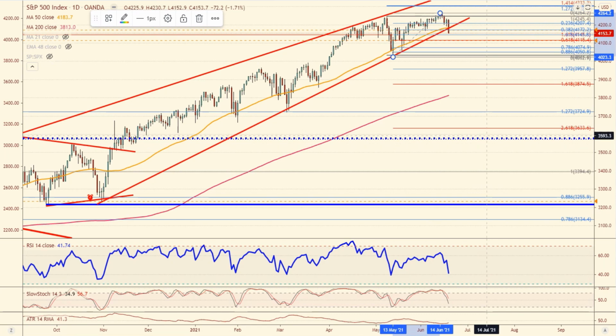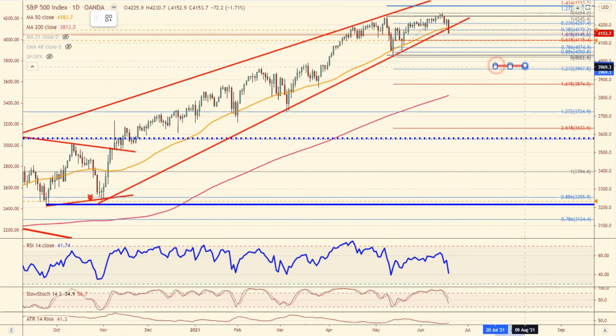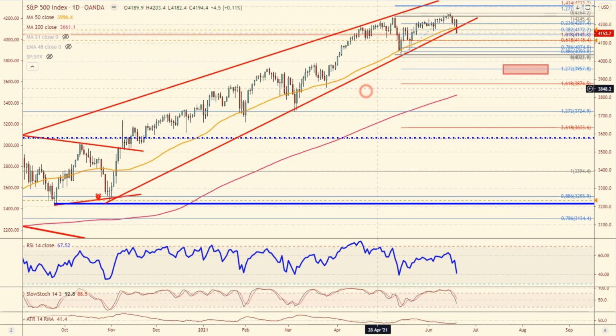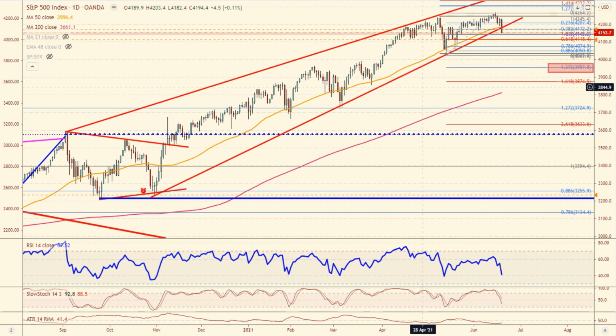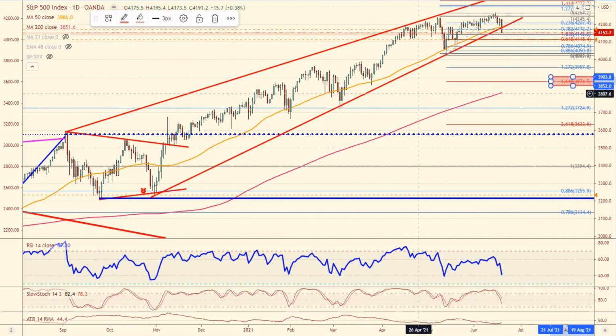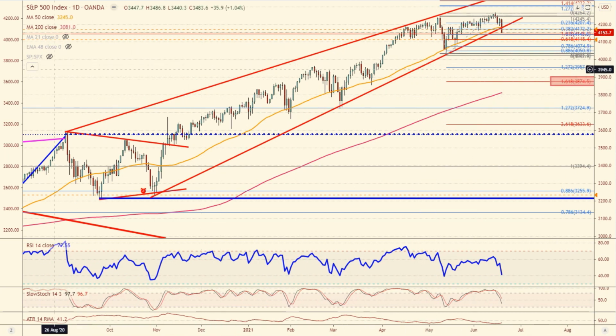If we stop there, the 161% extension of this move higher after the false breakout will take us down to 38.74. Whoops, I drew the 127%. There we go. 38.74 is from current price